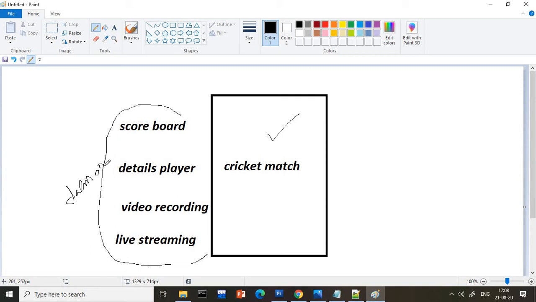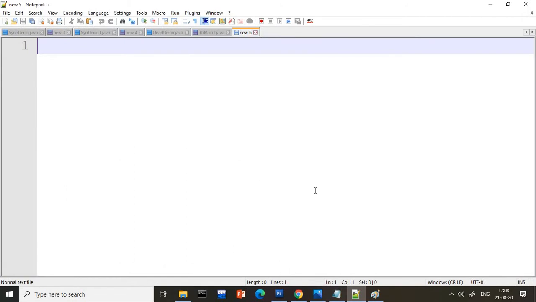Daemon. But this daemon will run until what? Until the match is going. When the match is completed, automatically this daemon will be removed from the system. Or we can say, automatically when the match is completed, there is no work of scoreboard, details of the player, video recording, live streaming, nothing is required. So as soon as the match is completed, this should be stopped. Then that concept we will call what? Daemon concept. In this multi-threading concept, till now what we have seen is the non-daemon concept.